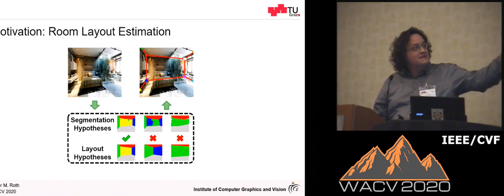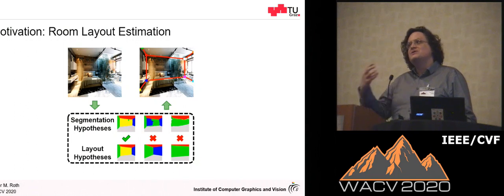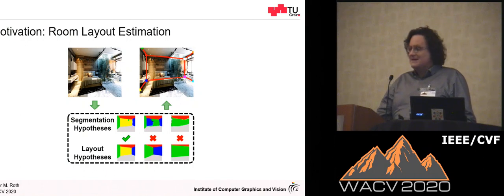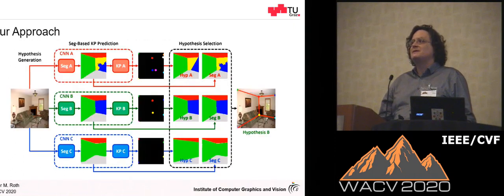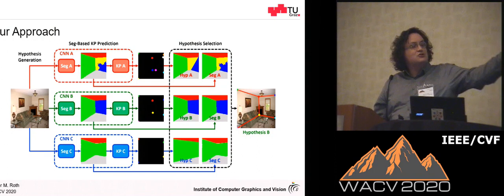This is done, as can be seen here, using key points, which are described by the edges, describing the differences and the edges between different room elements. Typically, these key points are estimated directly, which is not very efficient and not very robust. Thus, in our case, we are addressing the whole problem by using some kind of intermediate representation to come to a better and more robust solution. This is shown over there.